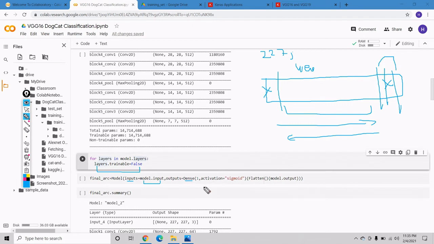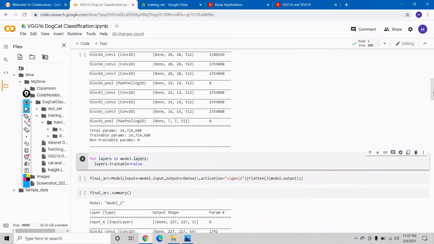In the hidden layer we use only one neuron, and at last we apply only one neuron for the output layer because it is binary classification. After the flattening layer we have our model, and with the first parameter, input, we are adding our input layer. So this is the whole architecture of our VGG16.